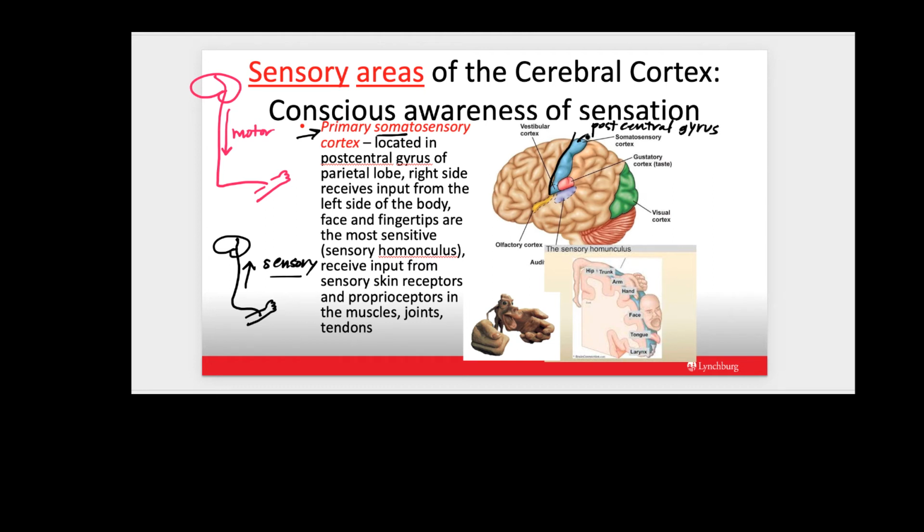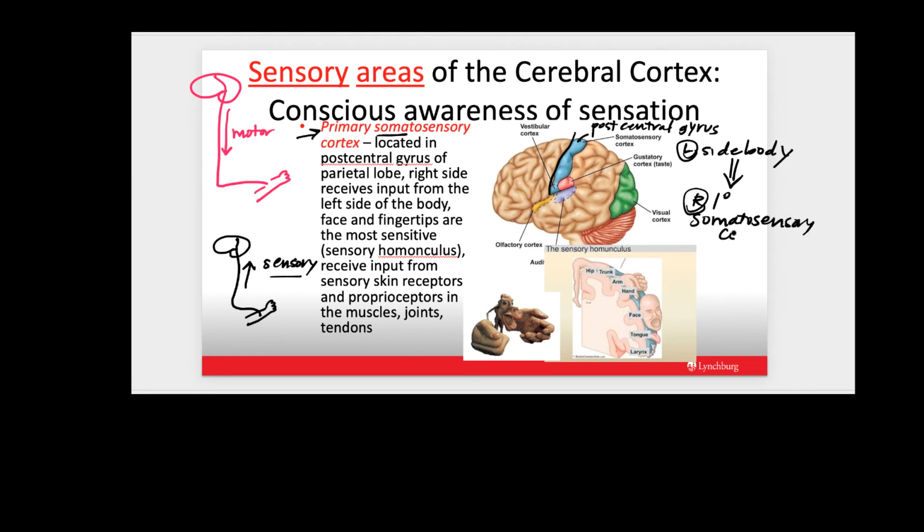Post-central, so it's behind that central sulcus. It's indicated here in blue. This is the location of the primary somatosensory cortex. And it's going to receive sensory information from the contralateral side of the body. So the left side of the body